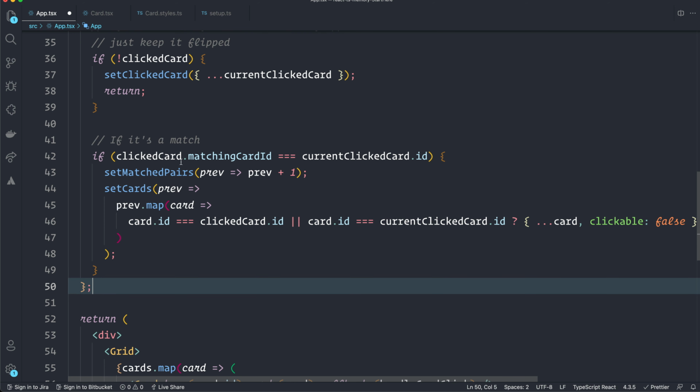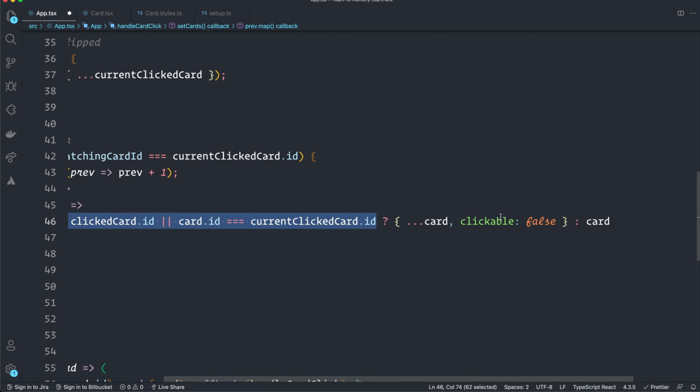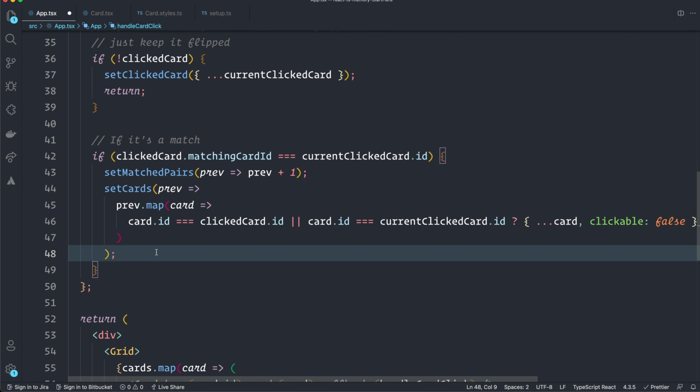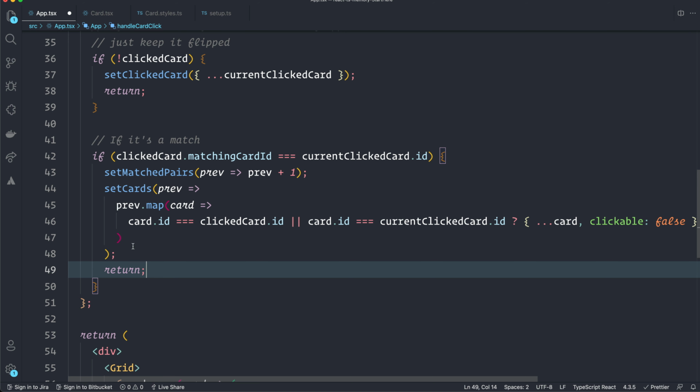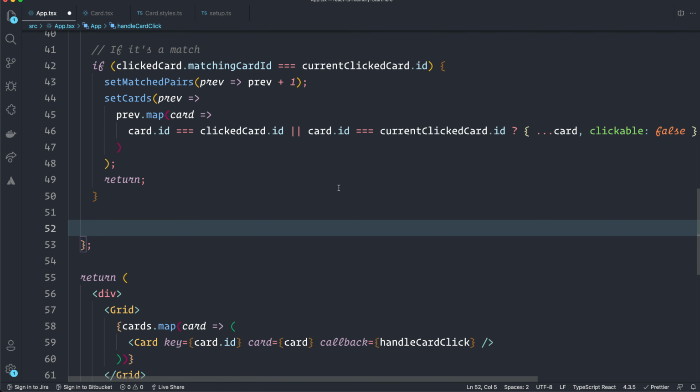Okay, so what we're doing here is we check if we have a matching pair, and then I set the matched pairs. And then I add up 1 to the matched pairs, and then I set the cards. I look for those specific cards in this array, and I only change the clickable to false for these cards so the user can't turn them back. And then down below here, we have to return only because we don't need to do anything more here. So we return. And then if it's not a matched pair,